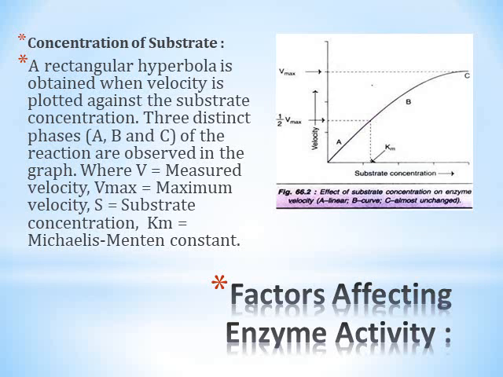Km value is a constant and characteristic feature of a given enzyme. It is a representative for measuring the strength of the enzyme-substrate complex. A low Km value indicates a strong affinity between enzyme and substrate, whereas a high Km value reflects a weak affinity between them. For the majority of enzymes, the Km values are in the range of 10 raised to 5 to 10 raised to 2 moles.